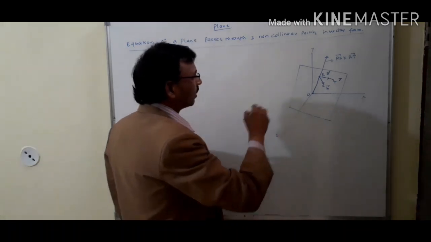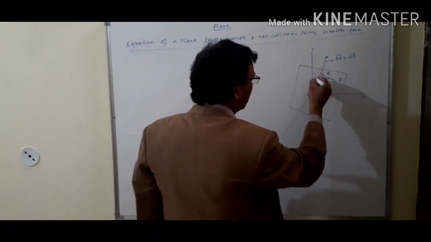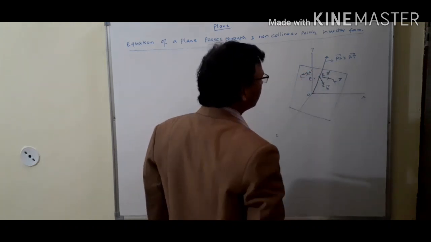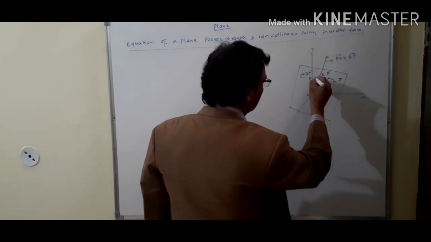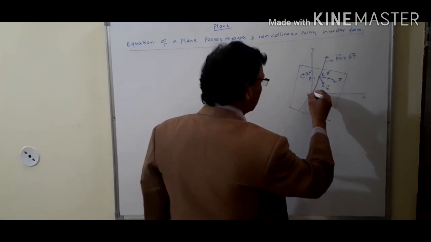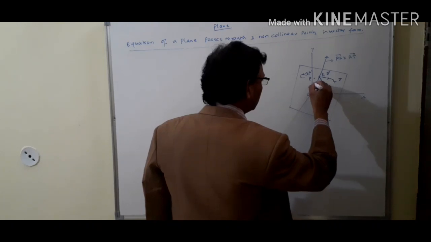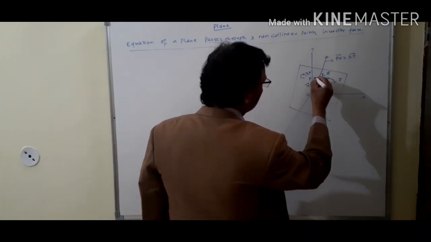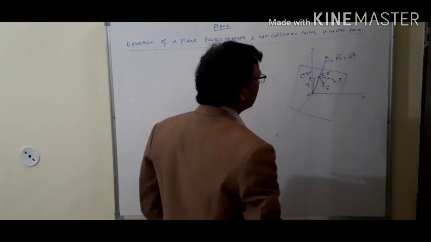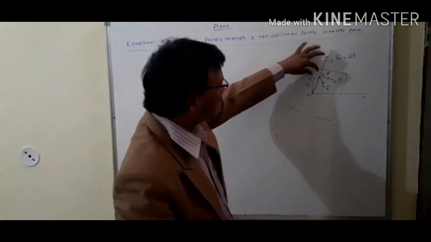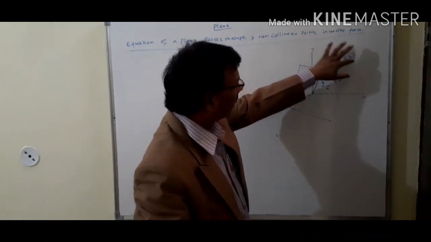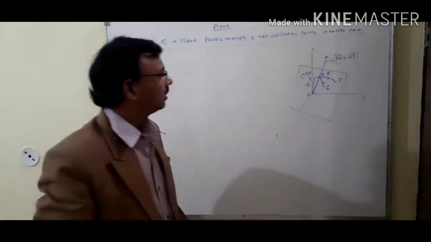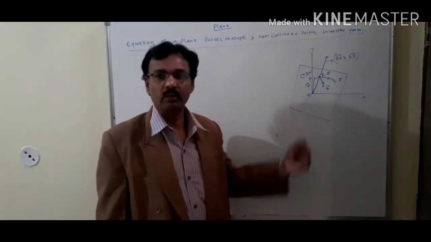Suppose there is another point P whose coordinates are x, y and z, an arbitrary point. Then the position vector of this point P is denoted by r vector, and if we join R to P, then RP dot RS cross RT will be equal to 0, by the property of the dot product of any two perpendicular vectors.